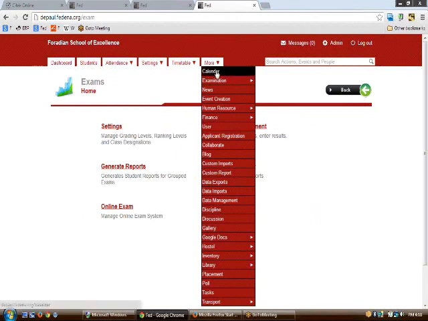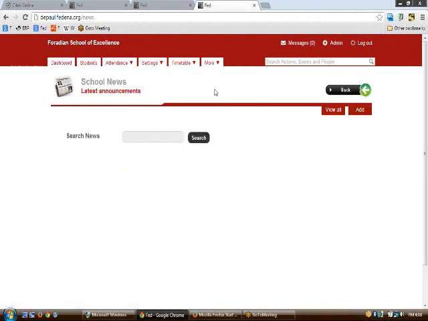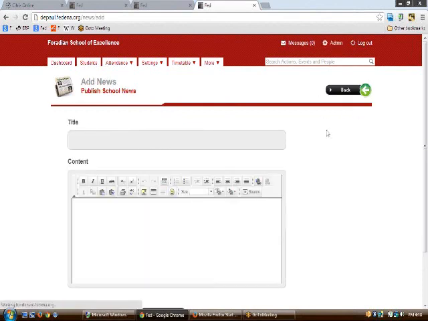The next part of the session is to have a look at the news creation and the event creation of the application. In news creation, if you want to create a news, you can just click upon the news from the more menu and search the news called badminton and add it. Let us say that I want to create a new news called Indian Badminton League.